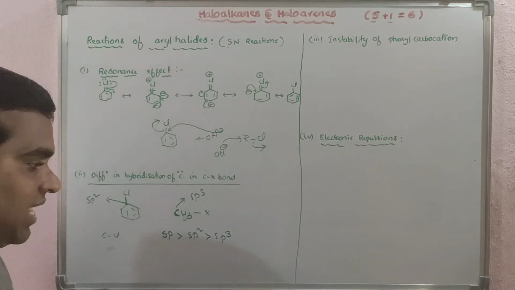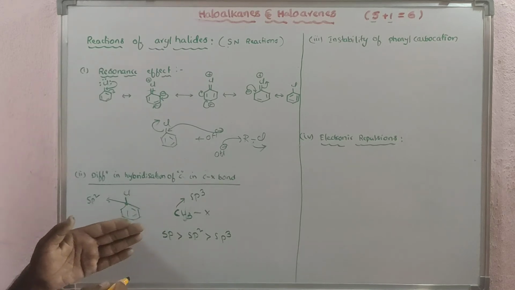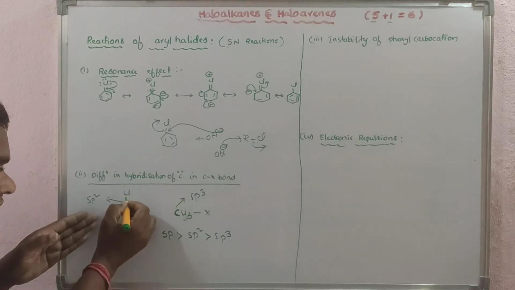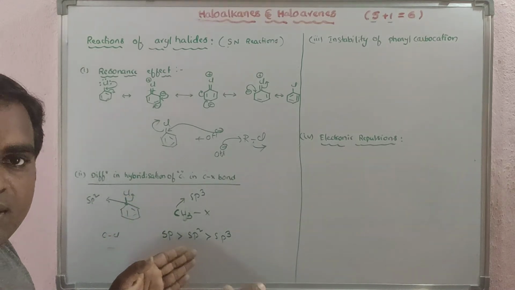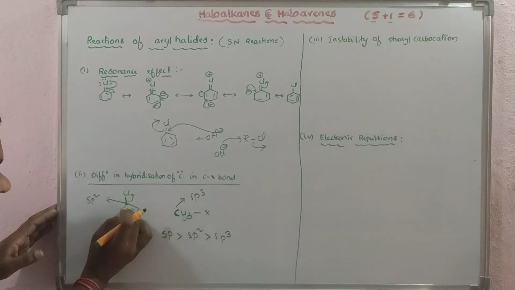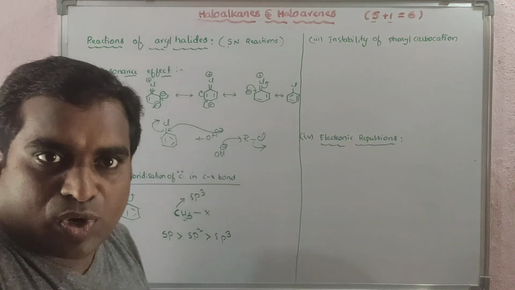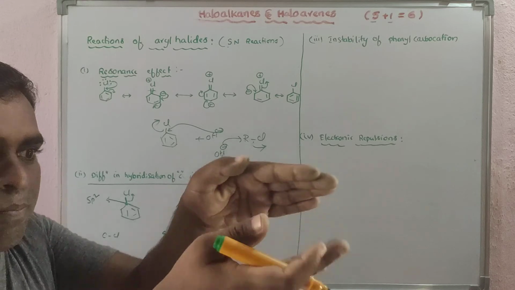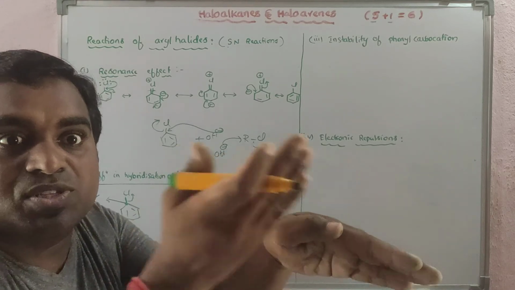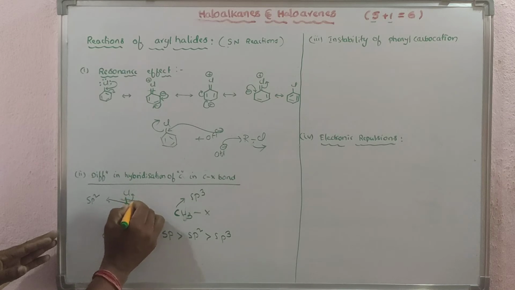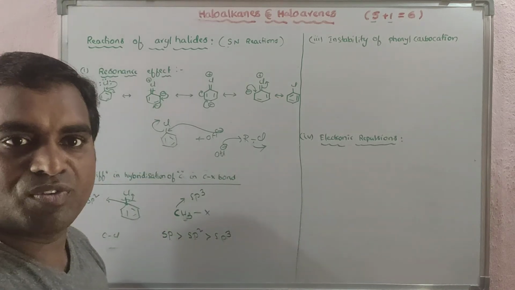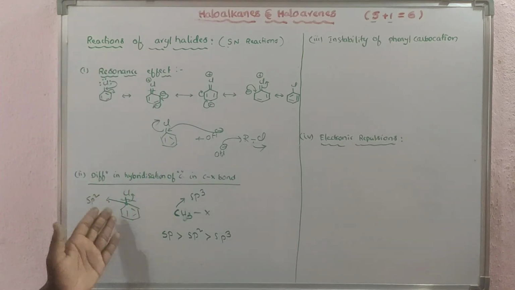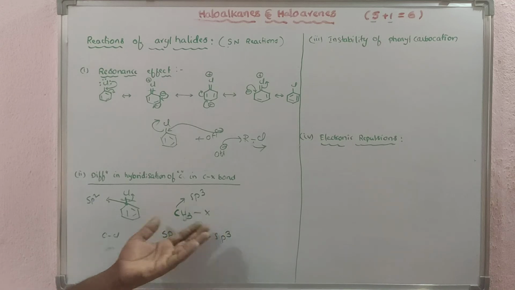When it holds them very tightly, the bond length decreases. The chlorine will not easily give up the pair of electrons, it cannot be removed easily. When the carbon is more electronegative, it holds the C-X bond pair very tightly, so the bond length decreases and the bond becomes stronger. To break this bond is not very easy, so they will not get involved in nucleophilic substitution reactions very easily. They do react, but you have to maintain drastic conditions, not as easily as alkyl halides.